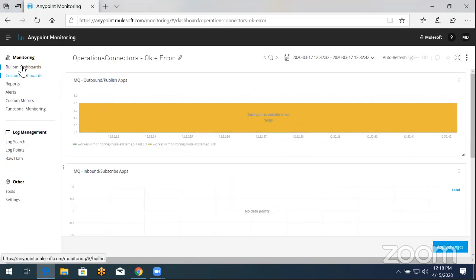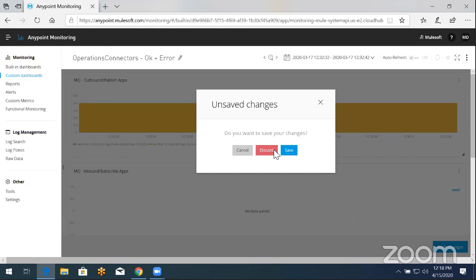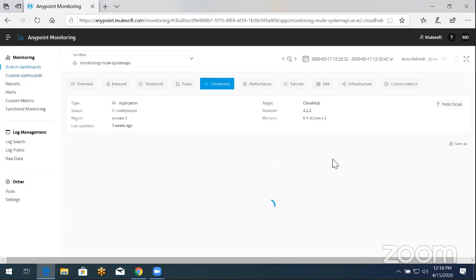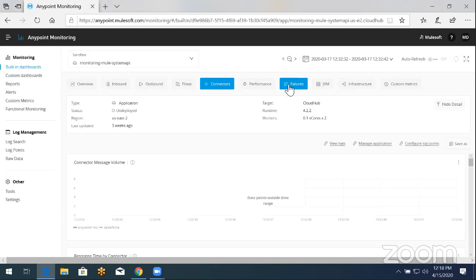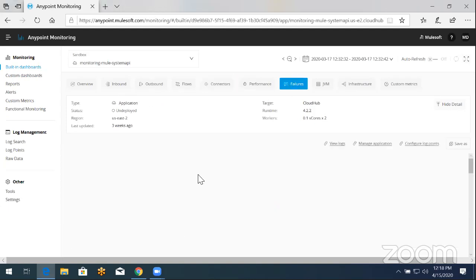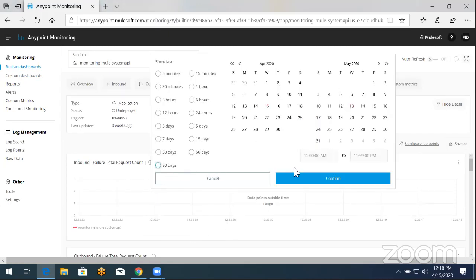The dashboards are integrated with the end-to-end log management features as well, right? Now, let's assume that there's a scenario which has resulted in a failure, right? So there are some failures which are showing up over here in some time window. And let's expand this,